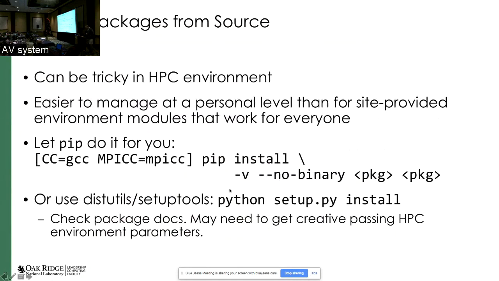I kind of already mentioned this, but I'll cover it again, I suppose. Pip can install packages from source. You pip install and use the --no-binary flag. In some cases, whatever package that you're trying to build will need external dependencies. And one of the most common ways to configure the source build to use specific external dependencies is through the use of environment variables. If you set the CC and MPICC environment variables in the pip line to the compilers that you'd like to use,